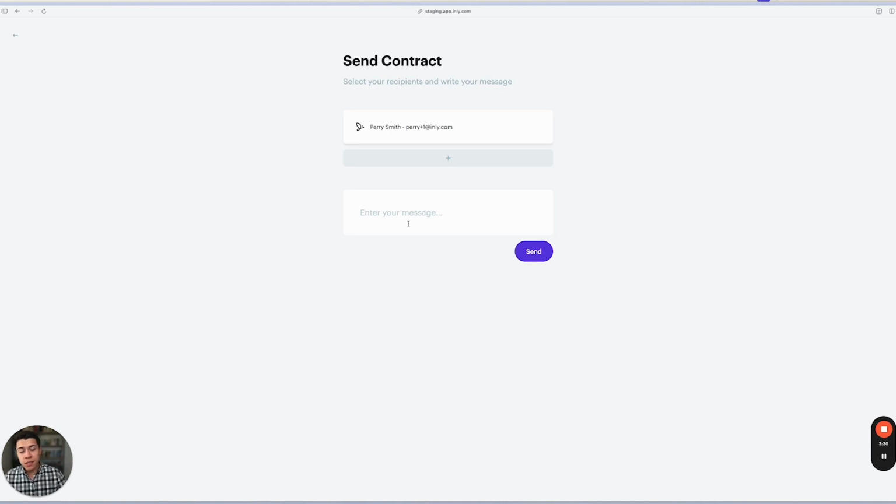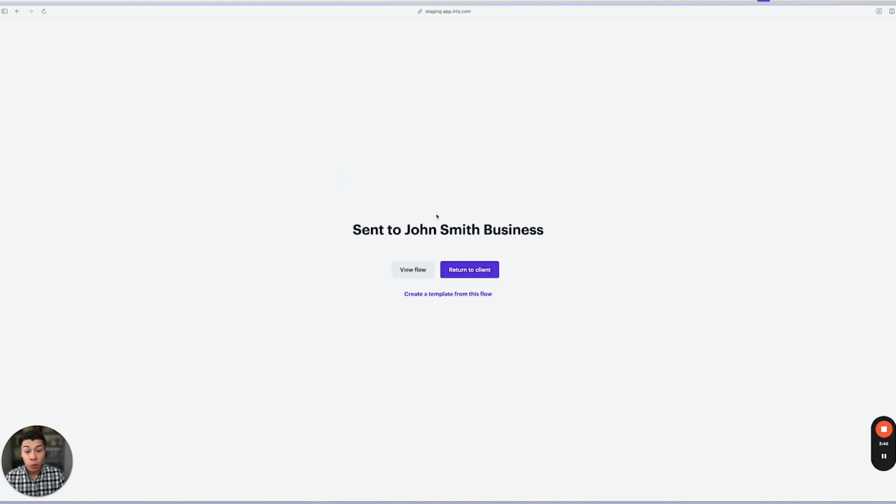So this will get sent to both of the signers if you had those. If you need to add additional recipients of this contract, you can click the plus icon and add them there. You can enter a message and then click Send. Once you've sent it, you can either return to that client, you can view the flow, which will show you